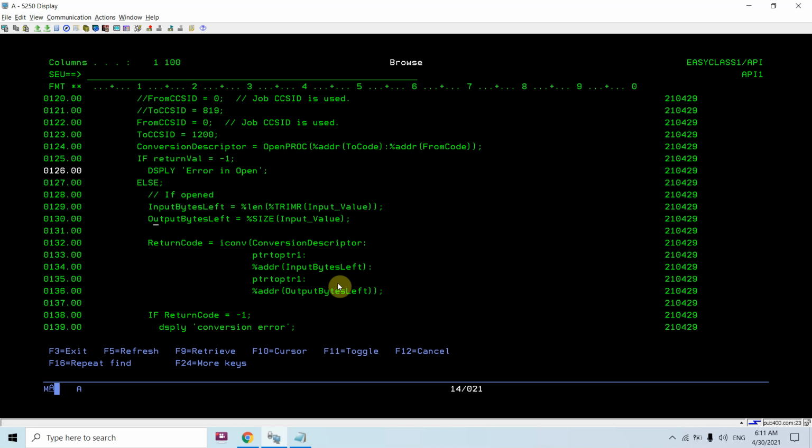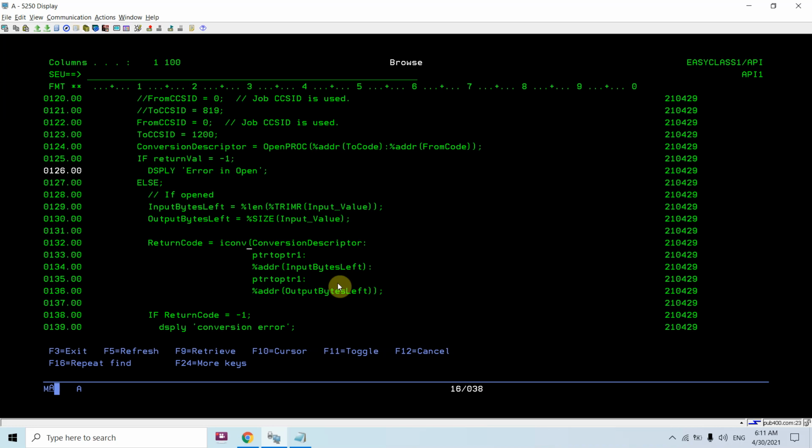So basically these will get decremented by the conversion API during the conversion, to check whether all those characters are converted or not, or to keep the state of whether all those characters are converted or not.